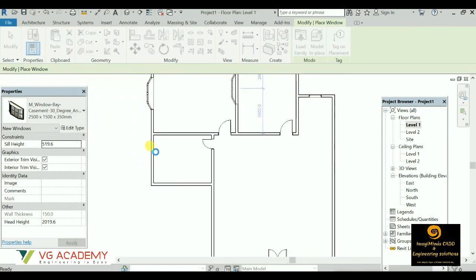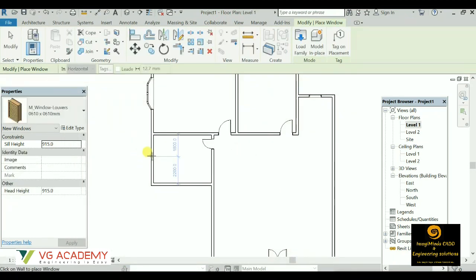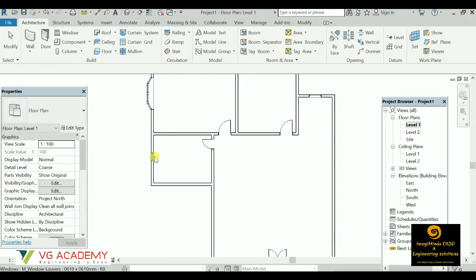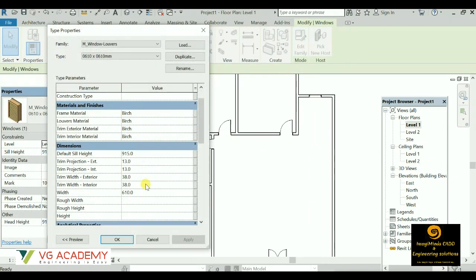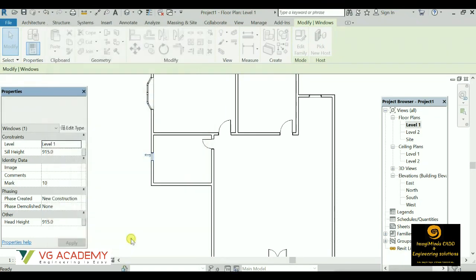Let us place it over here. So I'll select, I'll duplicate it. So width is 600 and height is also 600. We have seen 600 by 600. That is the width and height of this ventilator, or rather you can say louvers.